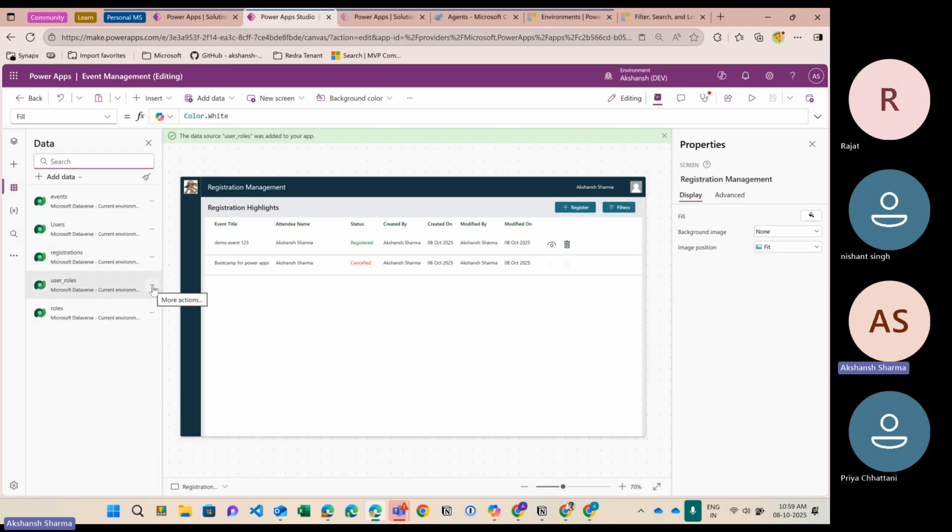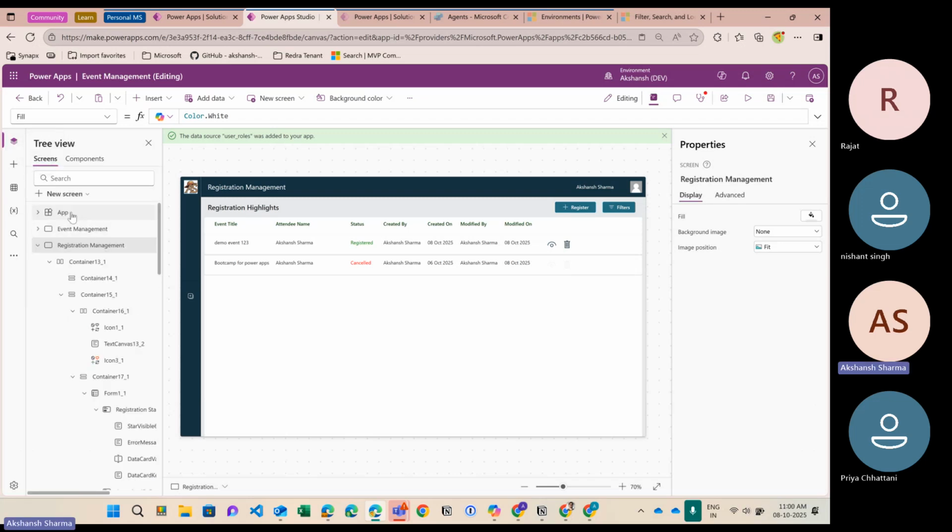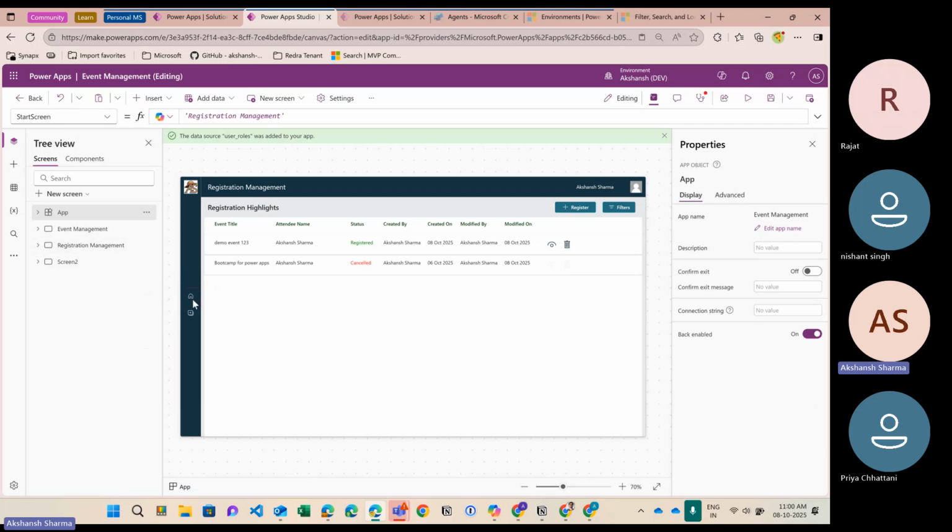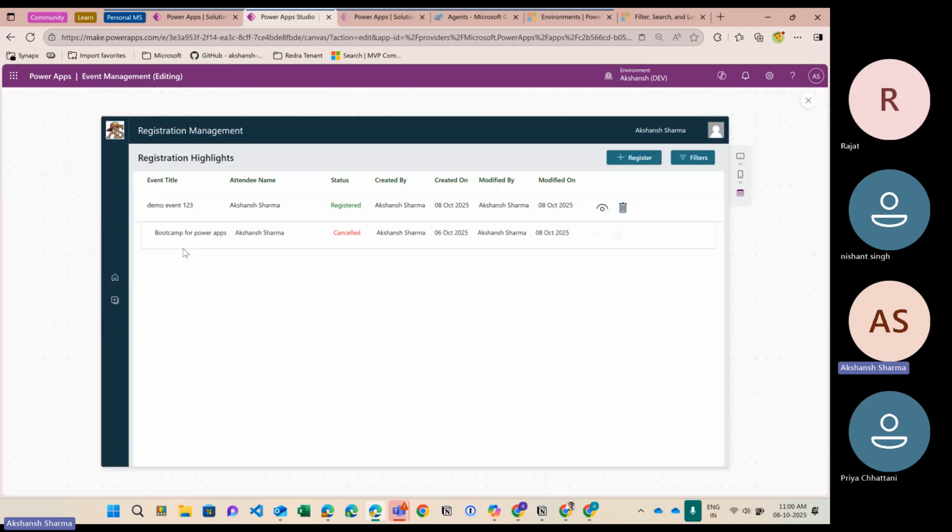So that is my user role table. I refresh this and I'll quickly click run on start. The moment I click run on start, you can see my home icon is now available and I can go back to the event highlight screen. So that way we can tackle our